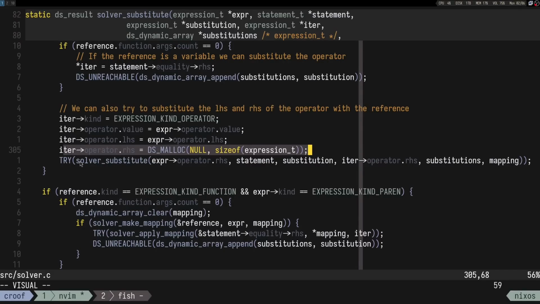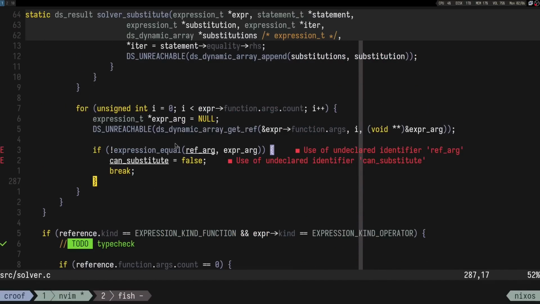And what I did was recursively call substitute on the right hand side expression, because that's what's null. Statement stays the same, substitution stays the same because it's the root, and iter advances on the same branch like the expression. So I would have to do something similar here, which is